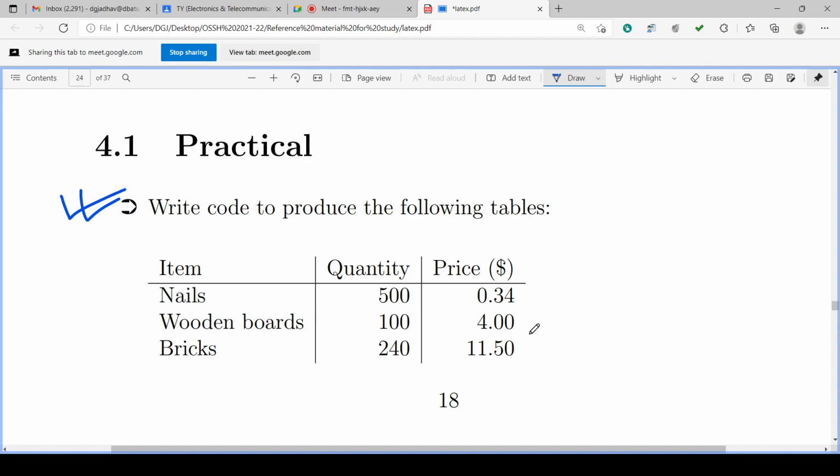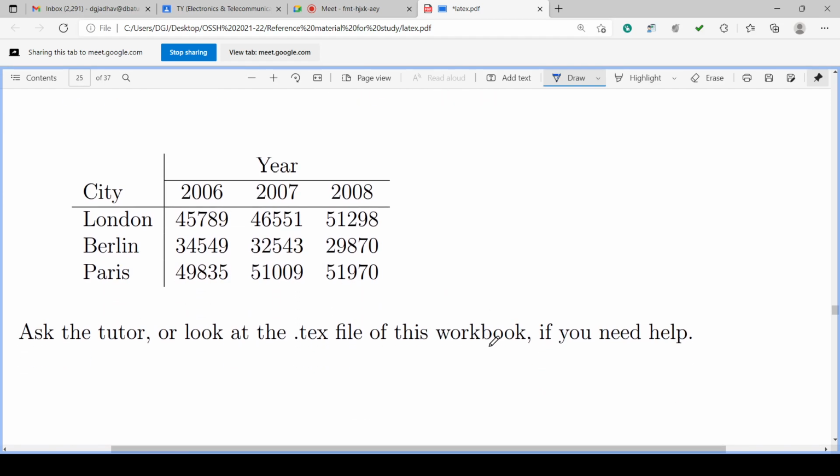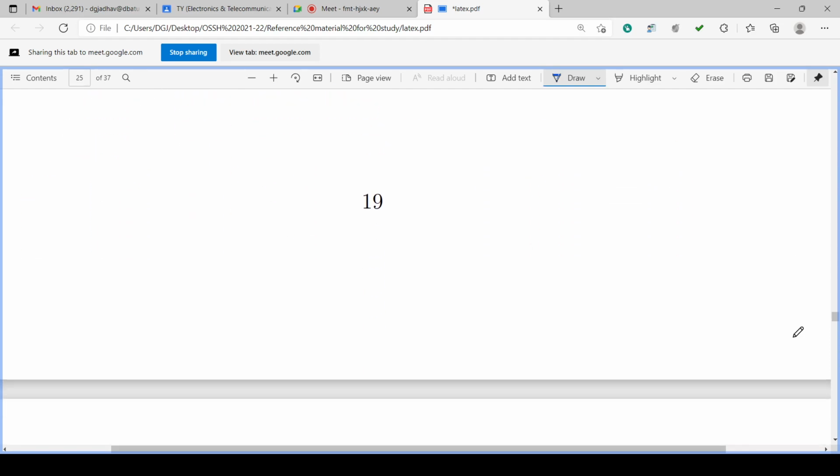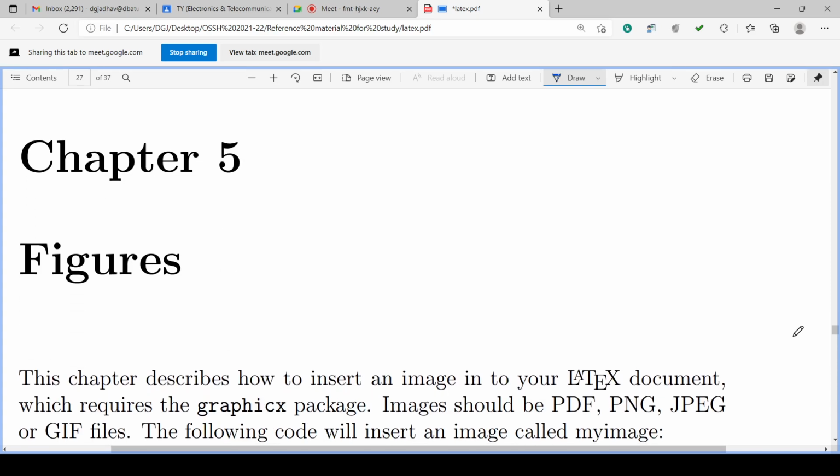Accordingly we can give the commands. In this practical, two examples are there, and we have to write the code and upload it. And we have discussed how to write it in the previous lecture.